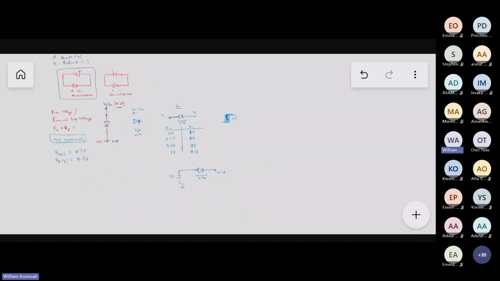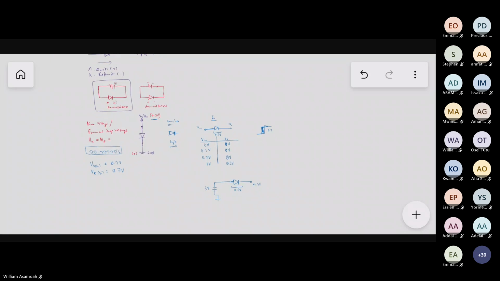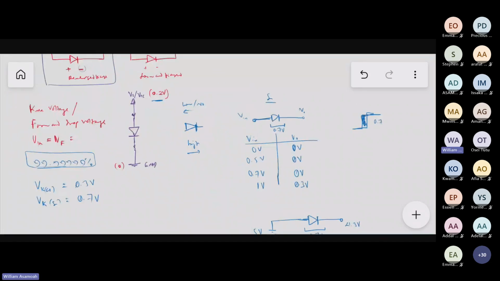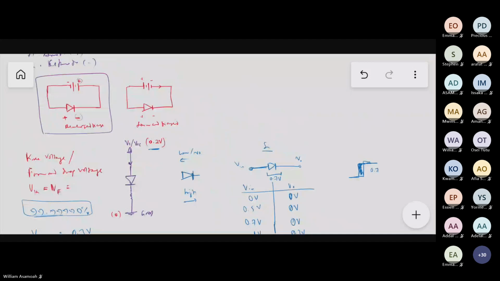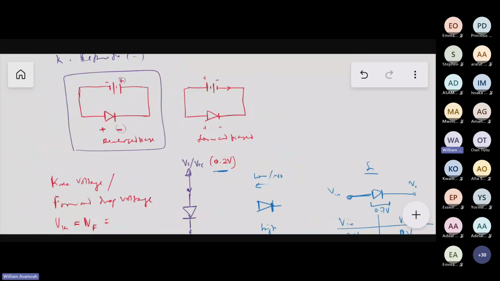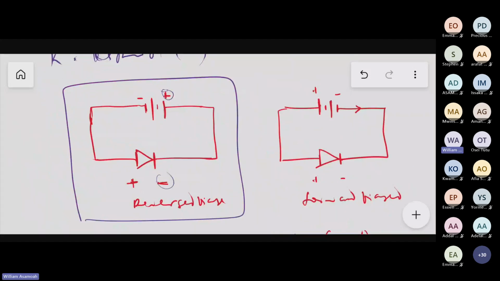In your handout, on page 98, you can see the common diode. In fact, the diode I'm ordering for you as part of your kit is the 1N4001, not the 4007, 4001. Now, when a diode is connected in reverse, there is a maximum voltage it can stand. So in this reverse bias connection, if you connect it in reverse, there is a maximum voltage it can